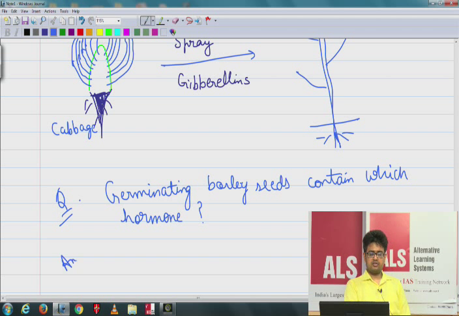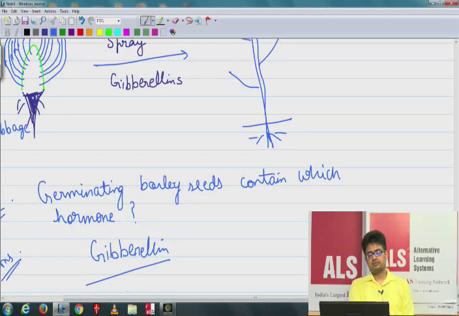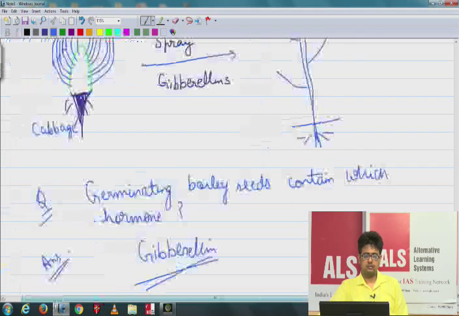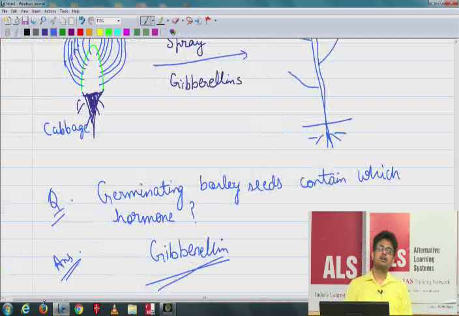The answer is gibberellin. I'm teaching you gibberellin, so the answer will not be different. I told you why, because gibberellin breaks seed dormancy. So if a seed is in the dormant stage,